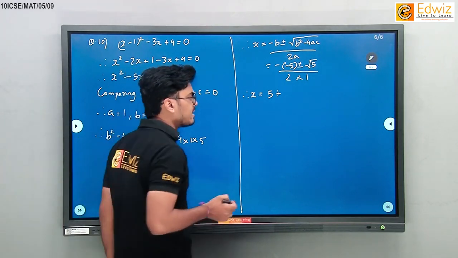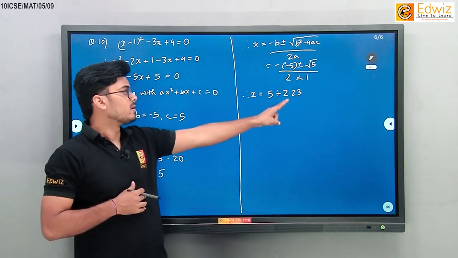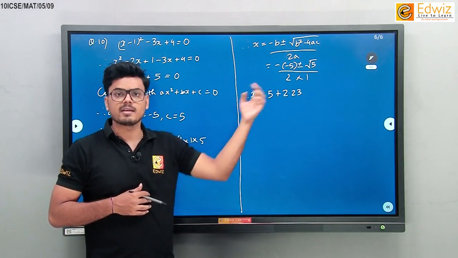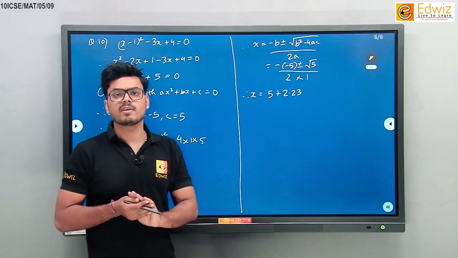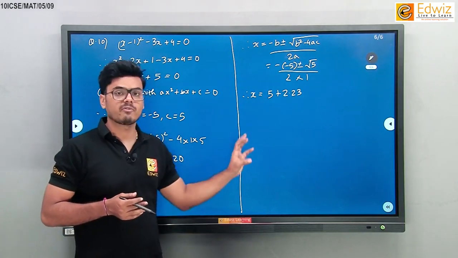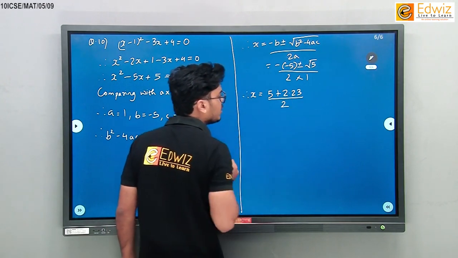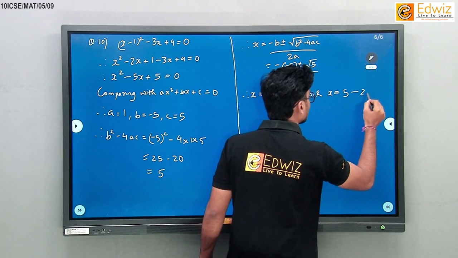But instead of taking the entire value, I'll only take 2 digits. No matter how many digits of the square root you take after the decimal point, you can take any number, because in the final answer we only have to keep 2 significant figures, irrespective of what the answer is. Okay, so let us see the solution, upon 2, or x will be 5 minus 2.23